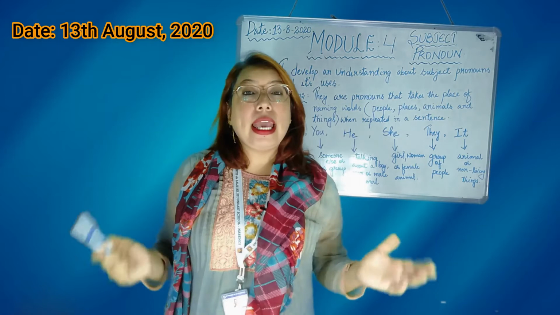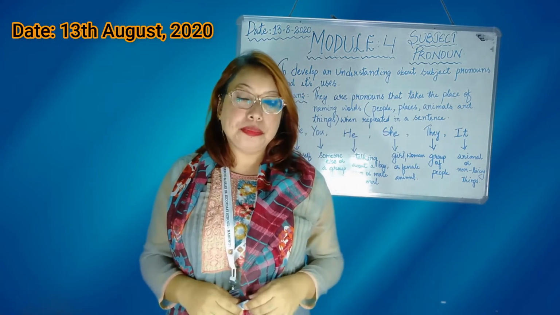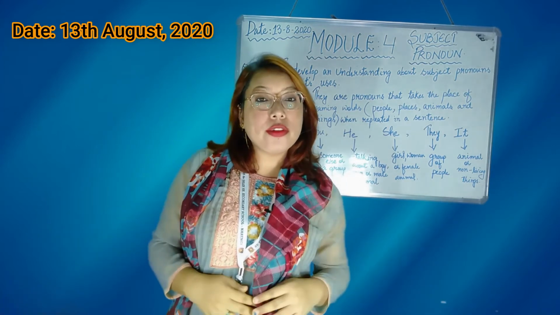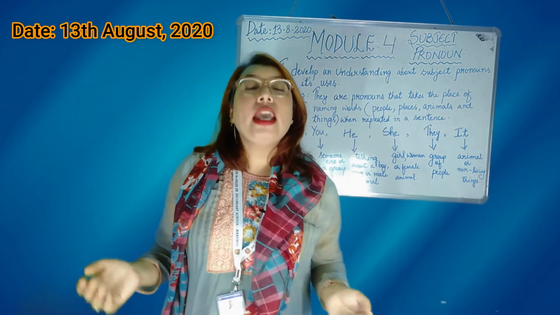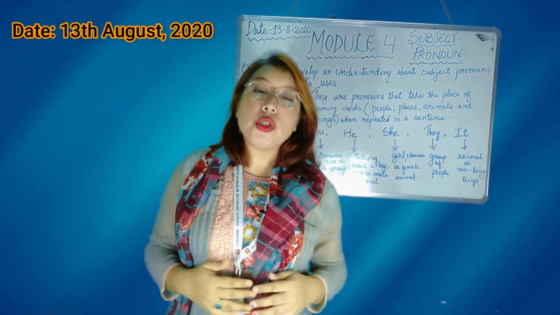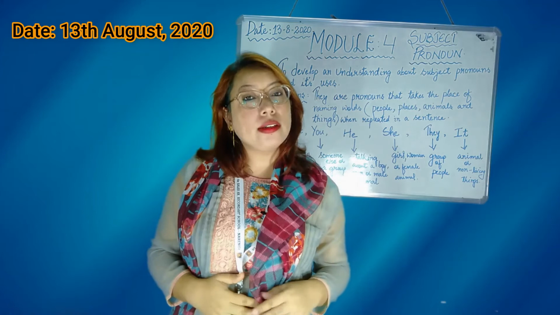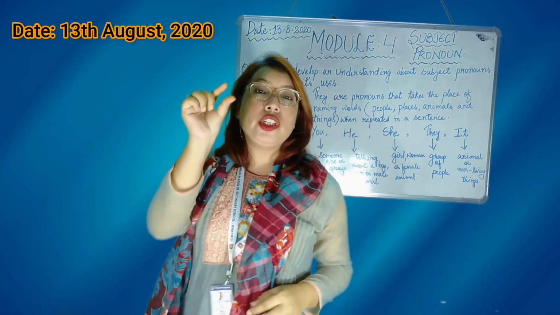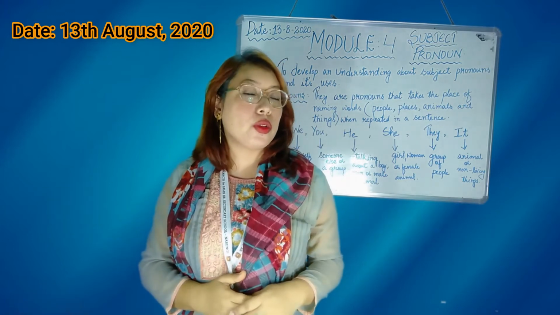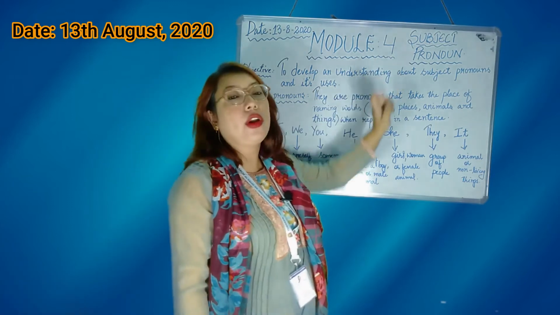For example, I can say the same sentence: Millie is a beautiful girl. Millie likes to go to school. Instead of saying Millie again, what can I say? Millie is a beautiful girl. She likes to go to school. She has lots of friends, right? So this word she is what? She is a pronoun. It's a subject pronoun. So in today's class, I will be teaching you what a subject pronoun is.